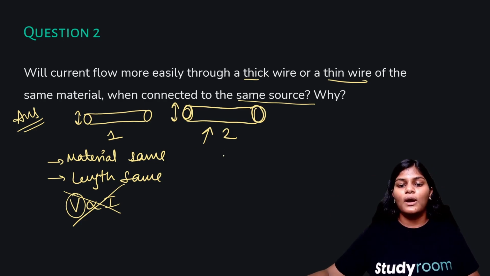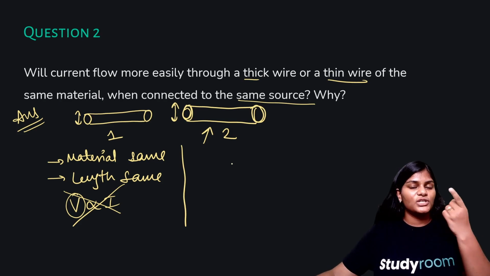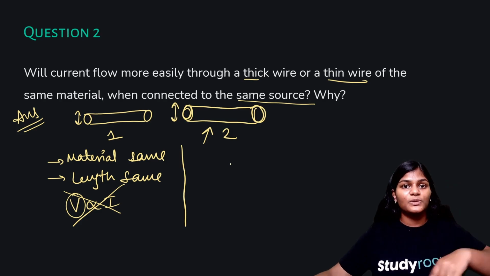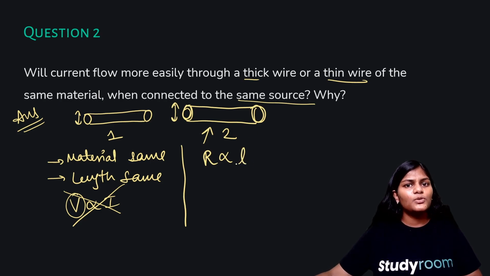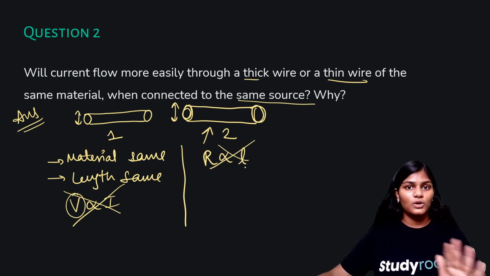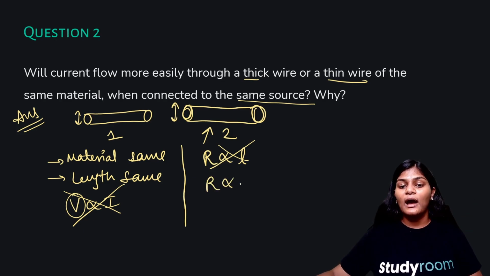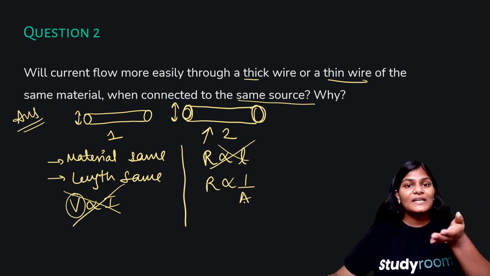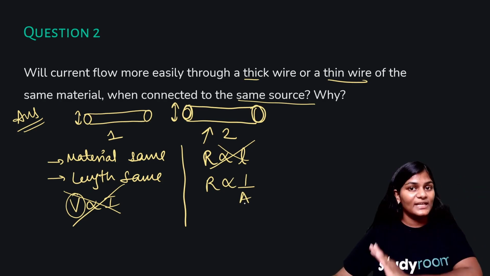So now you come to the resistance point of view, and now you know that you are only changing area. So instantly it should click to you that we have to see the relation between resistance and area, right? So you remember that R is proportional to L. Will this be used here? No, because length is constant. It is not told that it is changing, so we assume it is constant. And R is proportional to 1 by A. What does that mean? R is inversely proportional to A, which means when one increases, the other decreases.